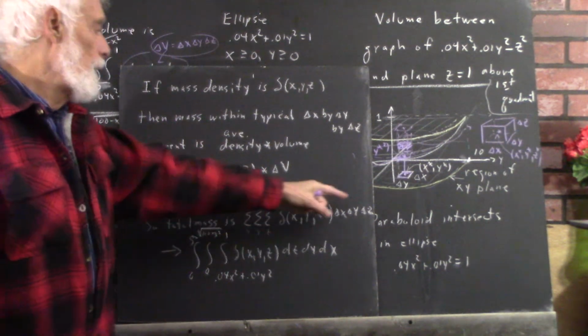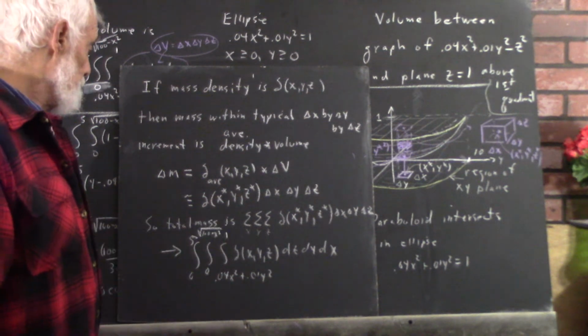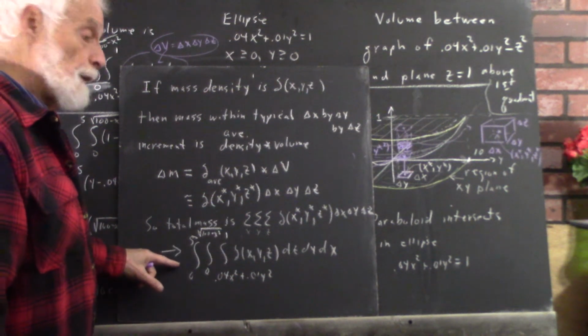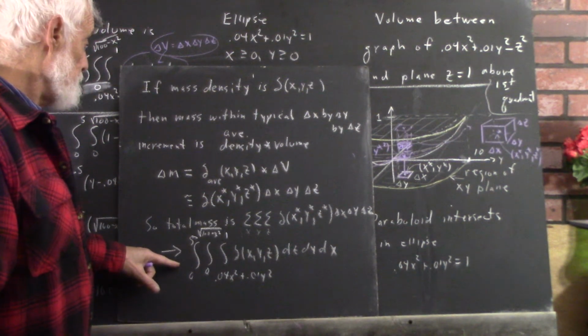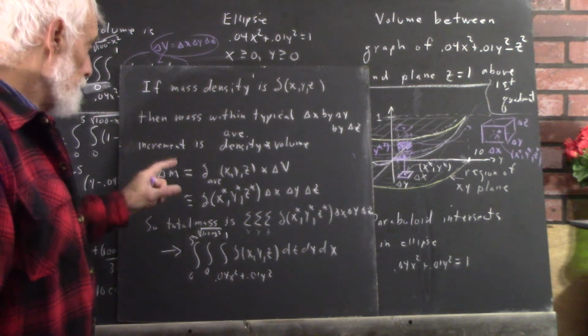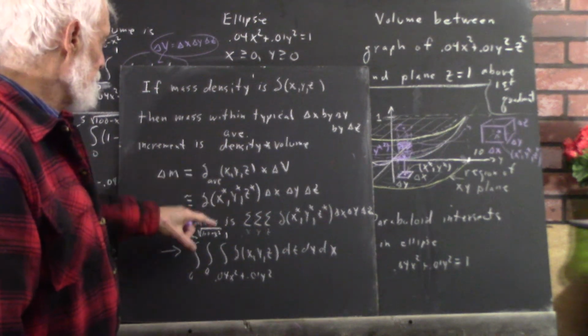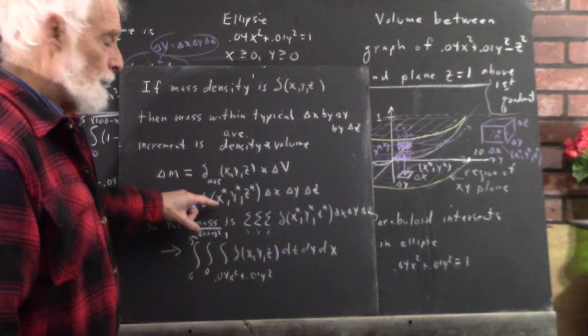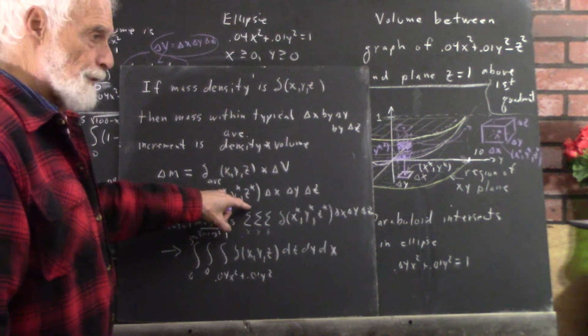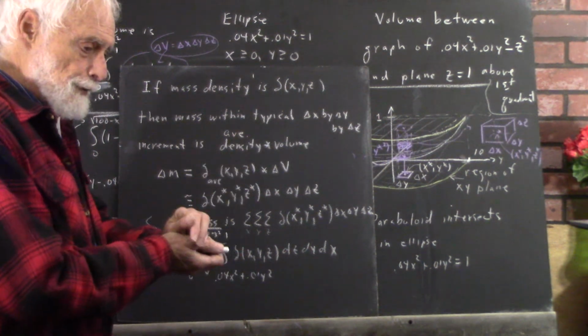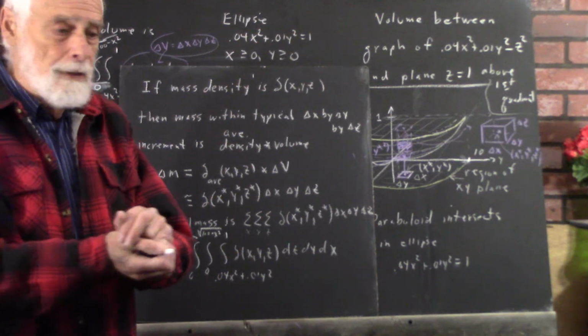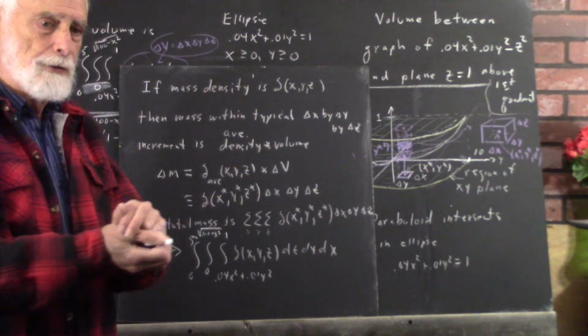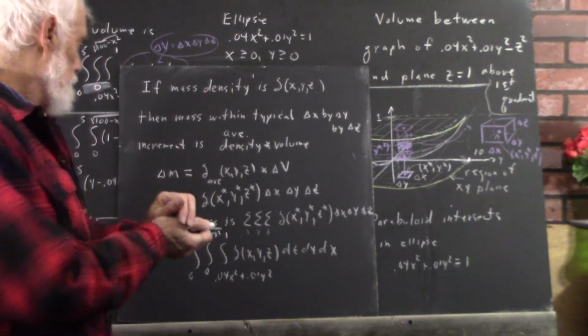You sum that up, do the limit, you get the integral. Now in the limit, of course, the average density will become the density at the sample point, because everything shrinks to the sample point. And as long as the density function is continuous and well behaved,